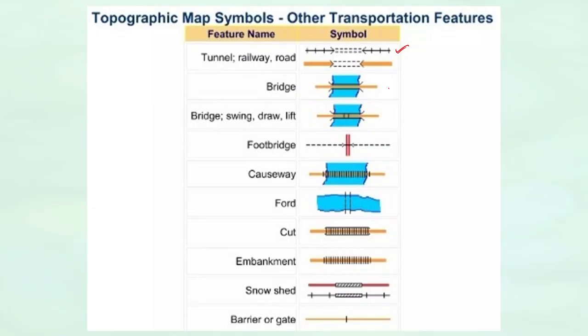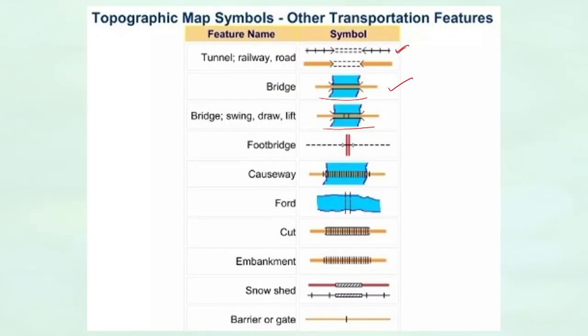If it is an ordinary bridge, it will be denoted like this. If it is a swing bridge, swing means it is movable here and there, then it will be denoted like this. Next, footbridge, walkable, okay, vehicles are not allowed. Causeway. Causeway means what? You know,